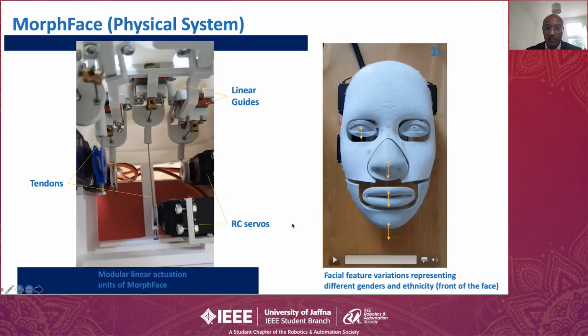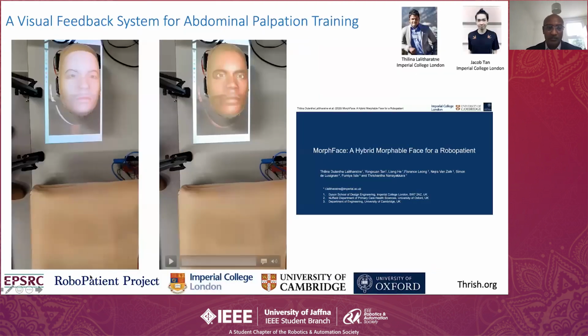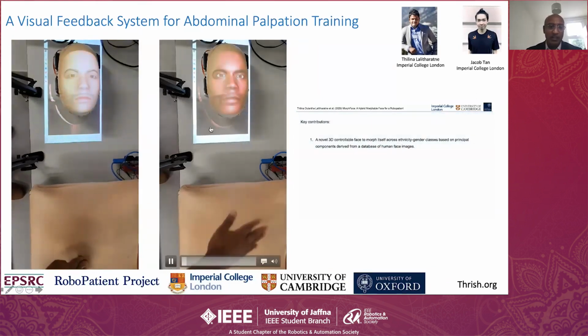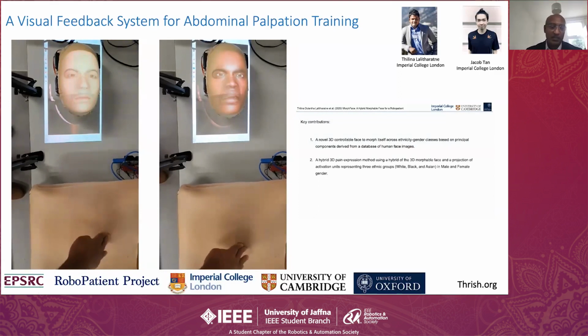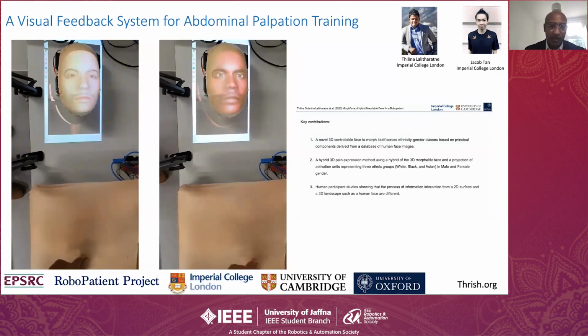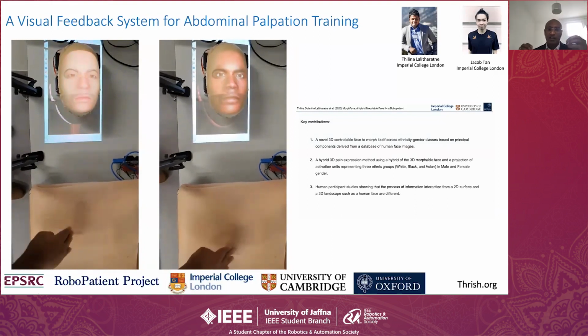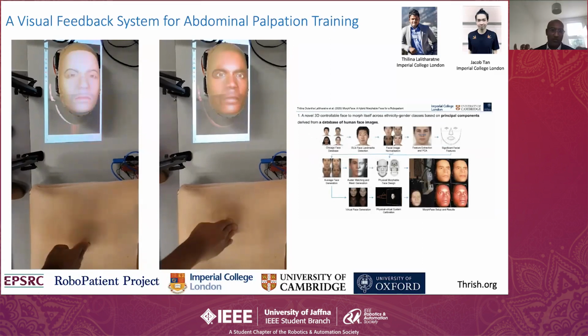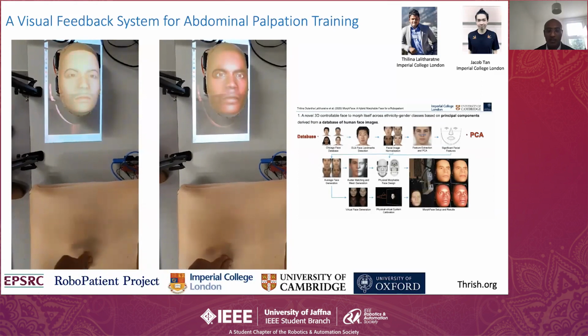The idea is to get medical students to examine the robotic patient while the pain is expressed from different ethnic and gender backgrounds. What we find is that the same pain is perceived differently depending on your background and the robotic face background. The same pain map. This can only be done with the robotic patient, because we know exactly the mathematical map from the force to the pain level. So we can fix it, and study how people examine different ethnic groups,